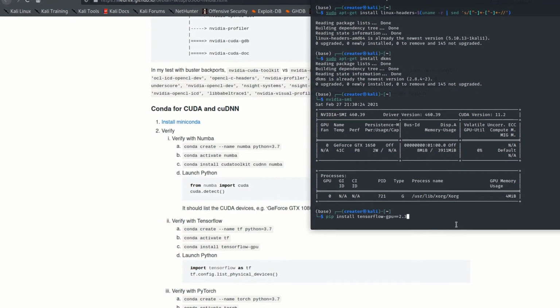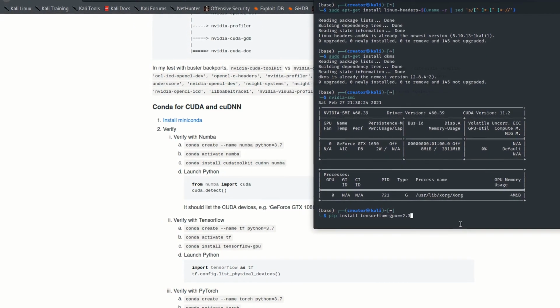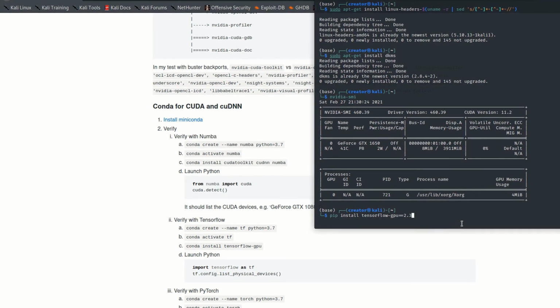Almost all of the time the latest version is not always the best. We need to just use one version before it, or even two versions before, if we are not working with the cutting edge technology that the latest version has to offer, because the older version is more stable and more developers have used it. So you are going to get most of your doubts cleared with this. Once you hit enter, it is going to install TensorFlow GPU, and it is not going to do that for me because I already have it installed on my system.